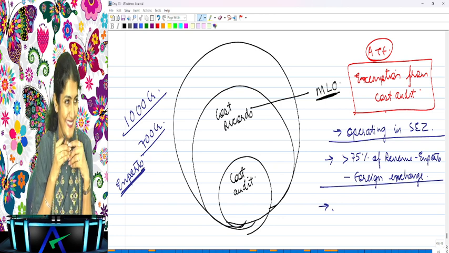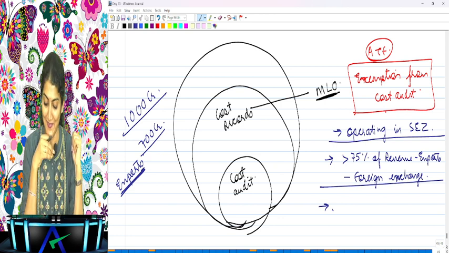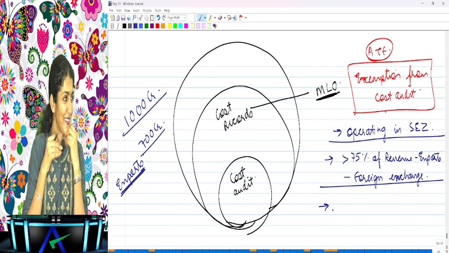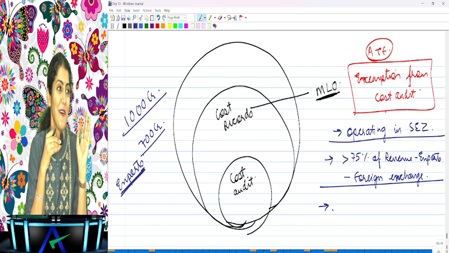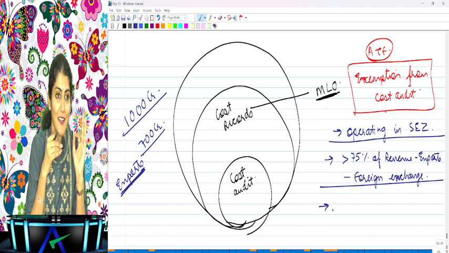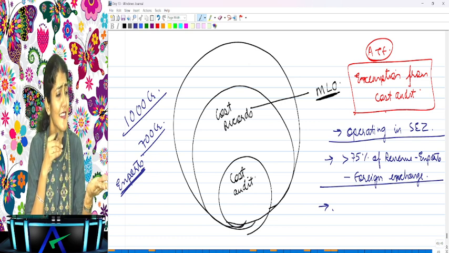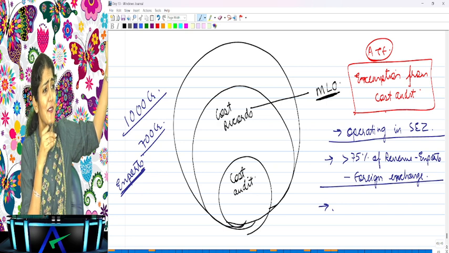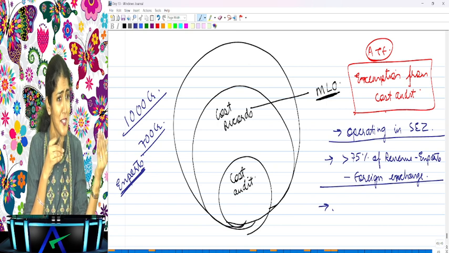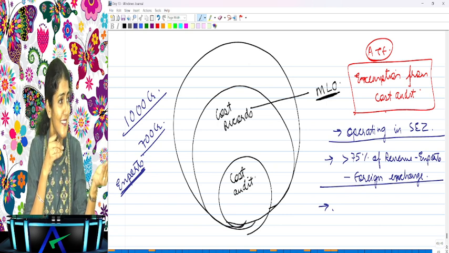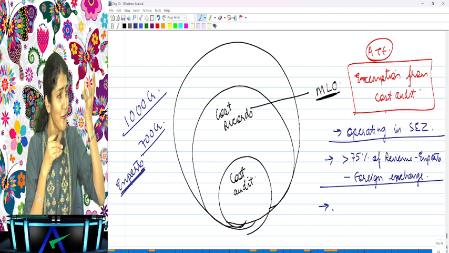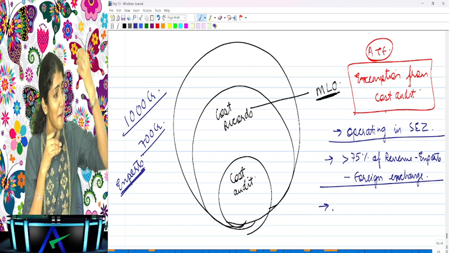Ayyo. Ayyo. What do I do with you? Which temple, which place do I take all of you now? 1000 crore, 700 crore revenue is coming from exports. Do they need to get a cost audit done? Yes. More than 75% revenue has to be from exports and foreign exchange. Now what to do? Go to LKG, UKG or what? You get washed off so easily. Anybody can fool you so easily. The institute is the best at doing that with you.